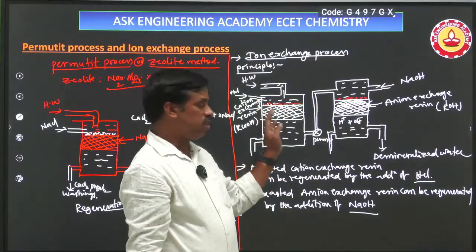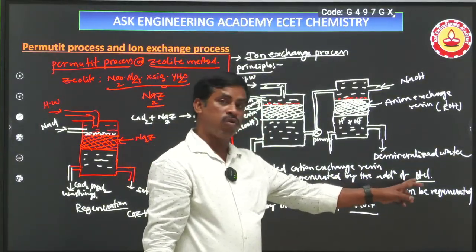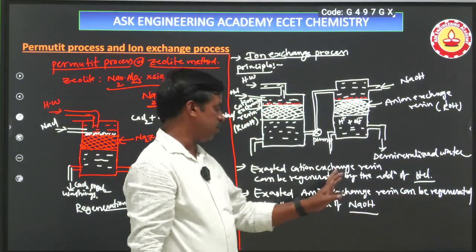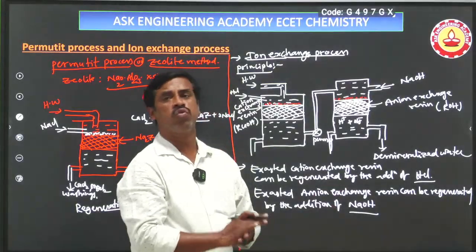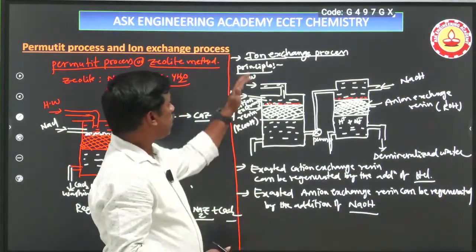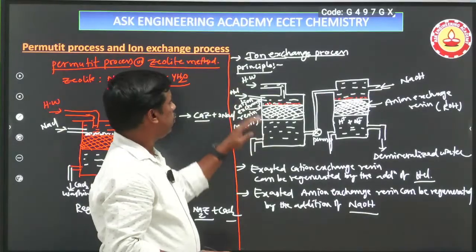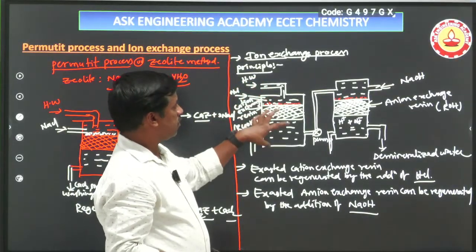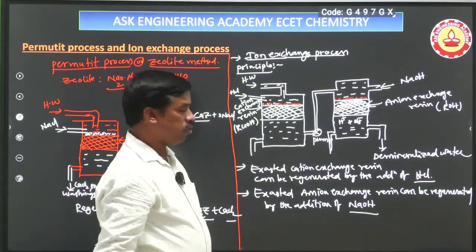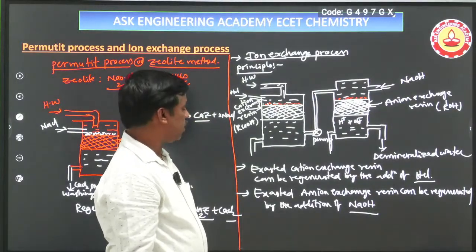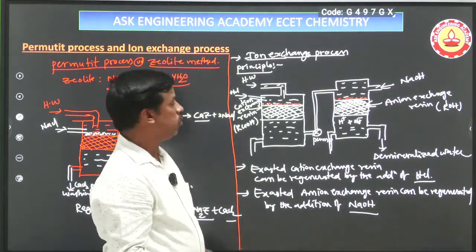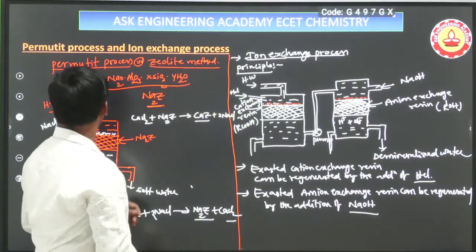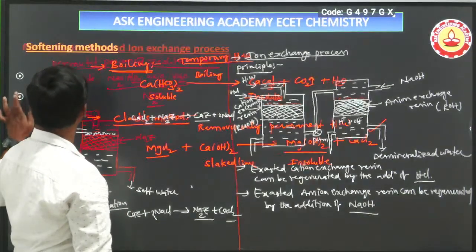Exhausted cationic exchanging resin can be regenerated by the hydrochloric acid. Exhausted anionic exchanging resin can be regenerated by the sodium hydroxide. This is about the ion exchange process, principle, construction and working, and how these exhausted resins are regenerated, also discussed here. Next I am going to explain the next one,